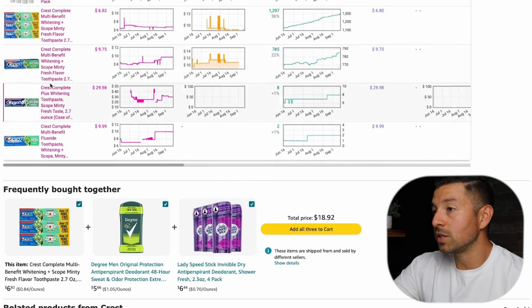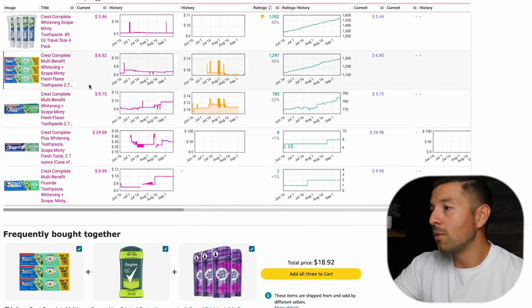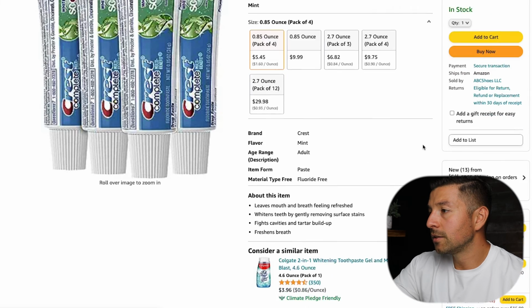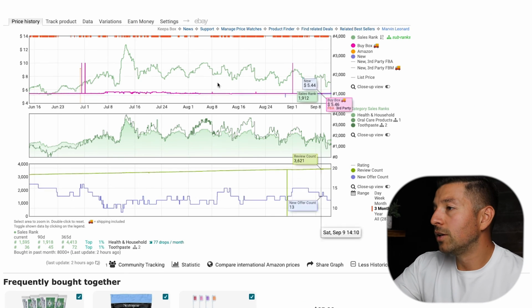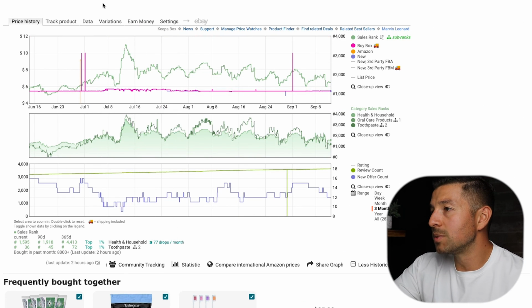Let's say we have access to all of them, okay? All right, we have access to all of these. Well, I don't want to consider these right now, but I will consider these 3. If I want to look at the data further, I would just click on the pink text right here. It would take me to that listing, and then I would be able to scroll down and look at the Keepa data for this specific